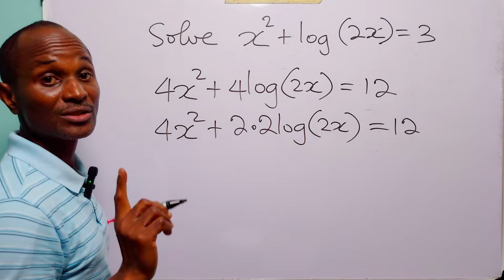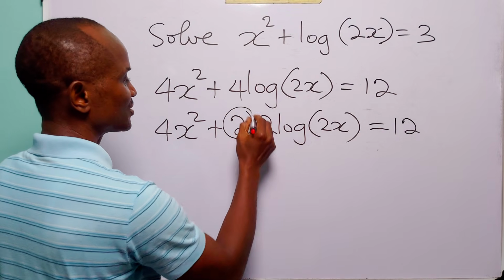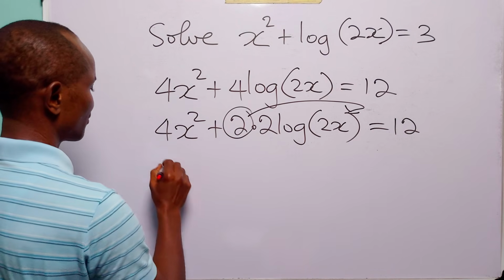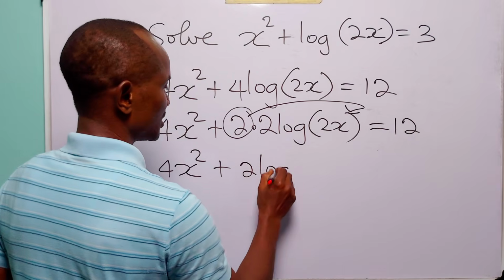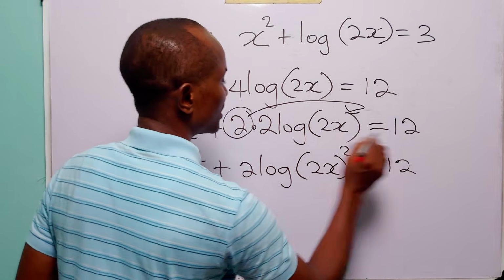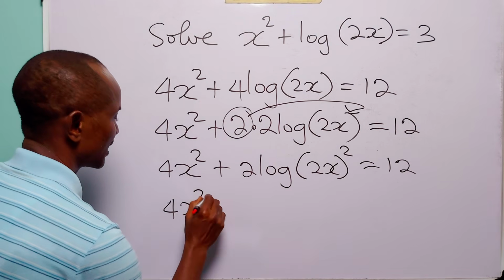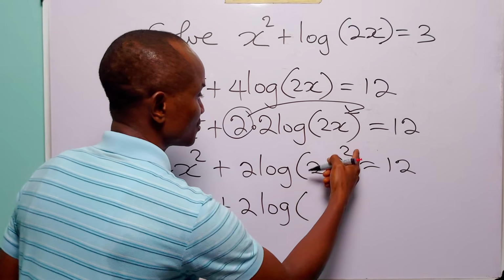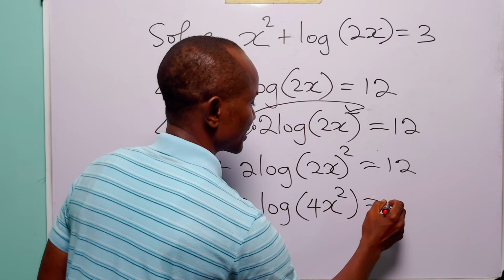Now, this can be written as 4x squared plus 2 times 2 log 2x is equal to 12. Now, let us apply the power rule to this term. We are going to take up this 2 to become the exponent of 2x. When we do that, we have 4x squared plus 2 times log 2x squared is equal to 12. Opening this bracket, we have 4x squared plus 2 times log of 2 squared, which is 4, and x squared, and this is equal to